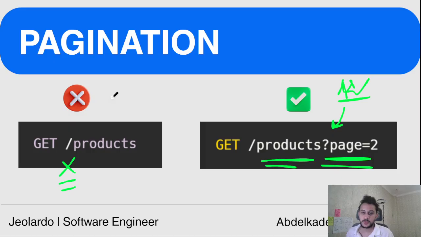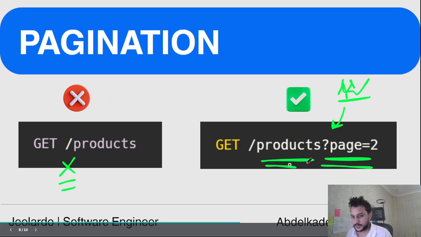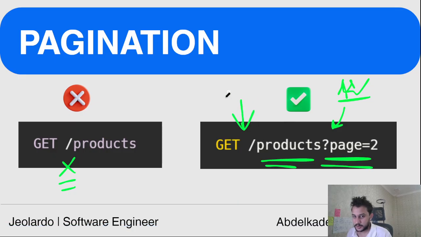Don't try to get all the data from your database at once. This will really kill your server and your database. So try, for example, to limit your items or products per page. Here, for example, we are on the second page, and let's limit the display to 12 or 20